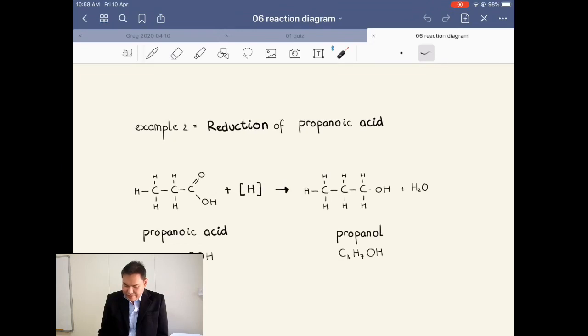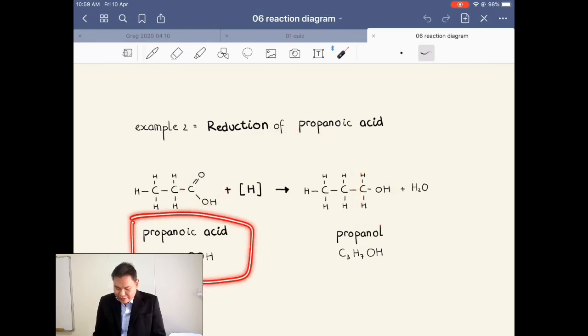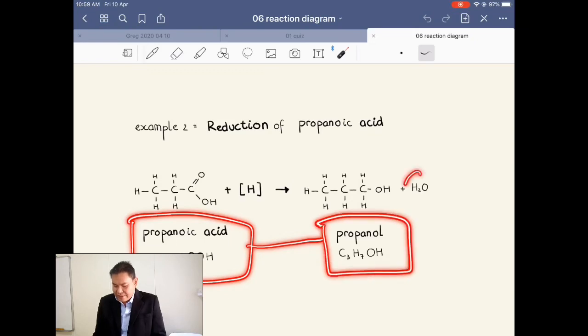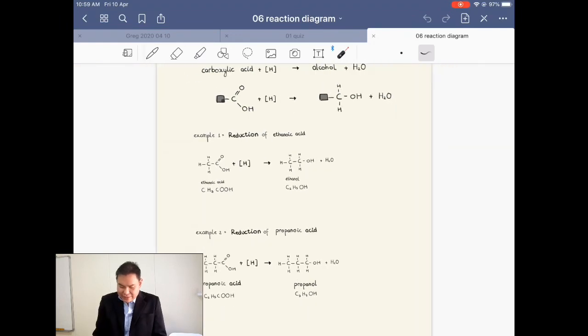Propanoic acid, you have COOH, which makes it a carboxylic acid, and the box here is C2H5, which is part of the organic substance that is not being affected by the reaction. Then the COOH will turn into CH2OH, which is why the propanoic acid turned into propanol. The byproduct is water. So that's the first part